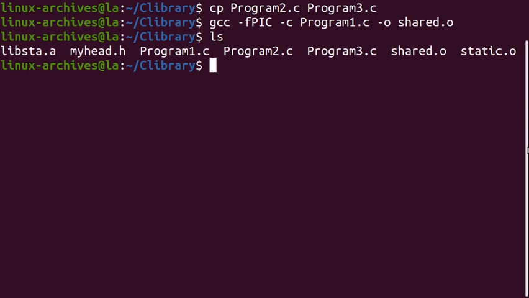Now we will create the shared library. For that, use gcc and the -shared option. By -o we will specify the library name. I will specify libadd over here. Note that the extension for the shared object is .so, and as previously, we will give the object file as input.